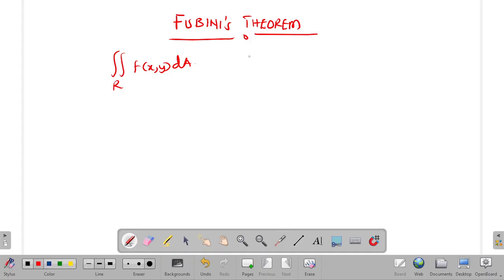Now, the region R here is a rectangular region where we have [a, b] cross [c, d]. So this is a rectangular region in space which we use to integrate for the double integral. So a double integral is simply finding the volume of space under a particular plane in space, right? So that is it. So what does Fubini's theorem say? Fubini's theorem says that if a function f of x, y